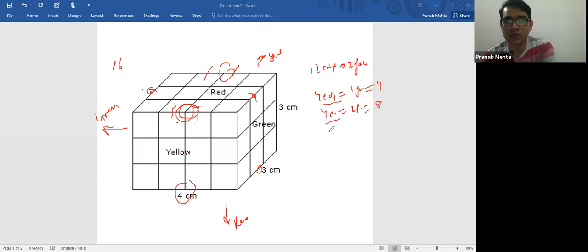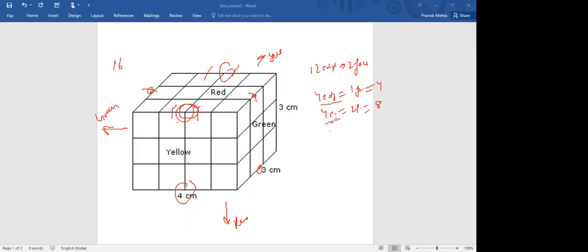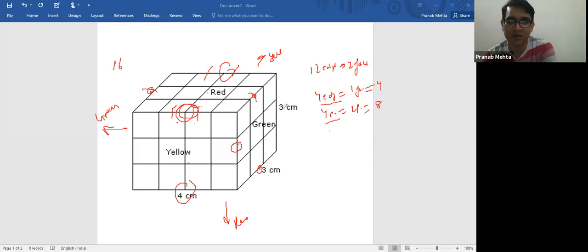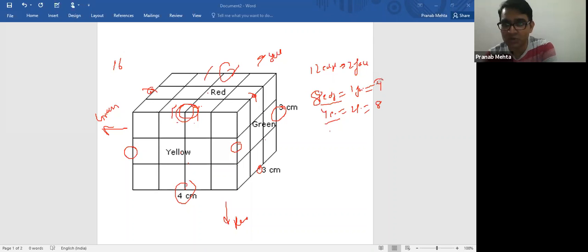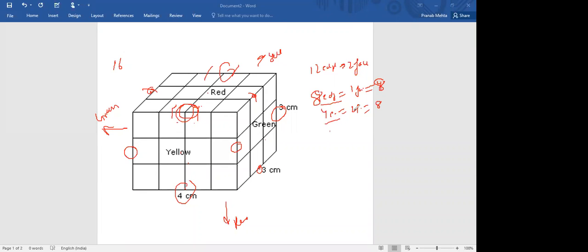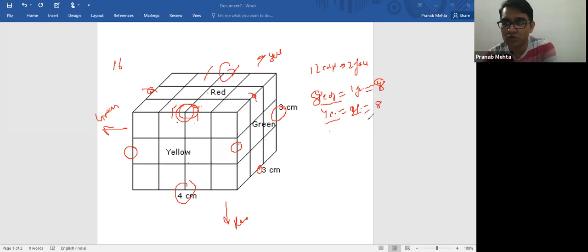And where am I getting that cube? In the corner edge, you'll get one two-face painted cube. Look here, only one here, and on the back side too. You people are not doing the counting, and I have to do all the counting. Actually, this is the answer: 8 edges will have one cube each, so I'll get 8 cubes. And 4 edges, 1, 2, 3, 4, will have 2 cubes each, so 4 into 2 is 8, so the total is 16.